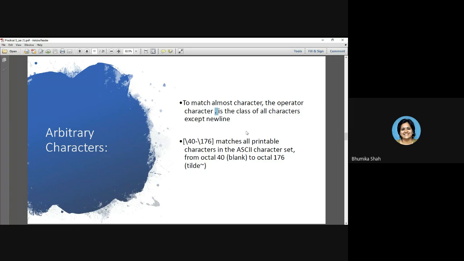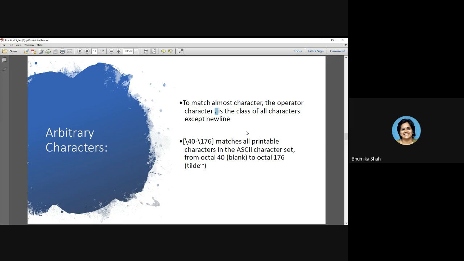In all our programs, we are going to use dot as the last option, the default RE. When none of the regular expressions is satisfied, what should be done? In that default case, we are going to use dot. Please mind well, dot will satisfy any special character, any lowercase or capital character, even any digit.